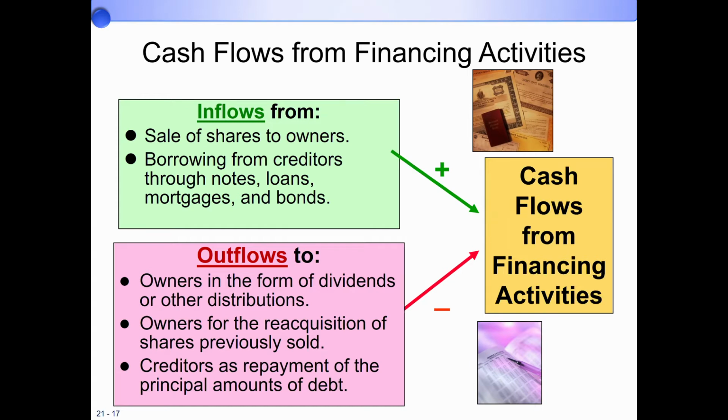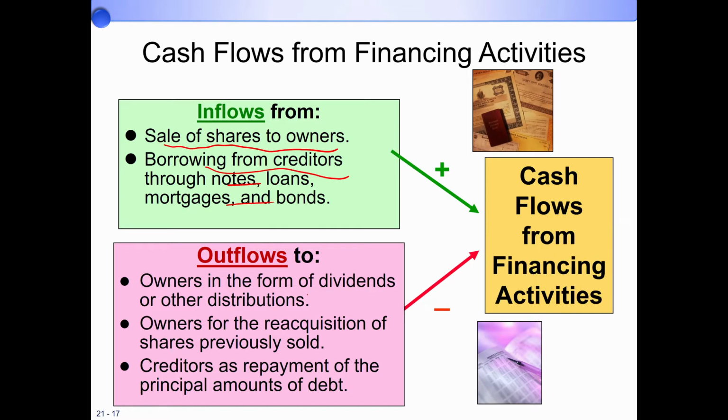If you look at those, you issue stock, sales of stock to owners. You issue common stock, preferred stock, so you receive cash, a cash inflow. This is equity financing. And you borrow money, in different ways. These are debt financing. You have cash inflow, and then you have cash outflow.